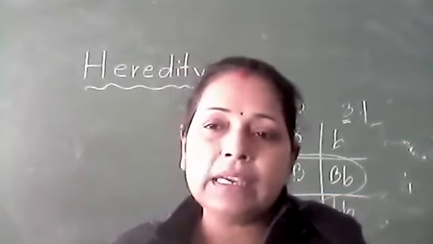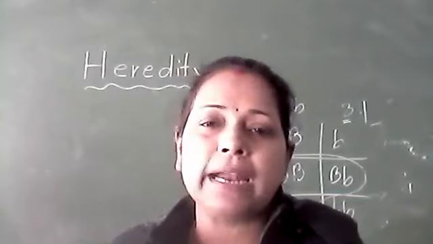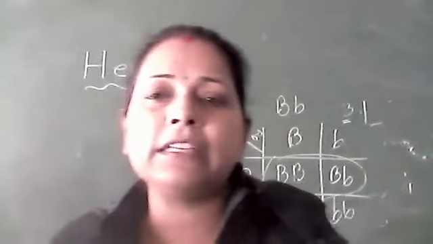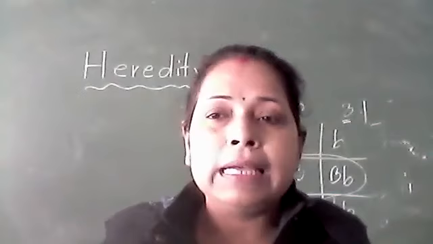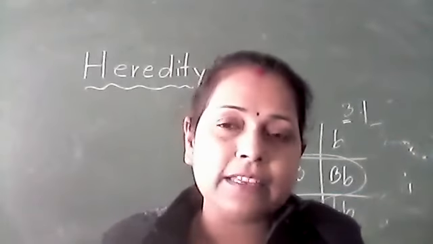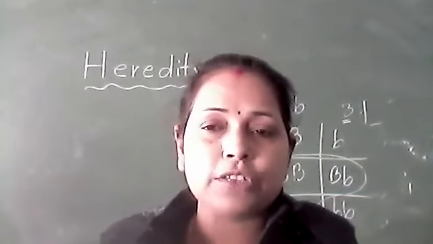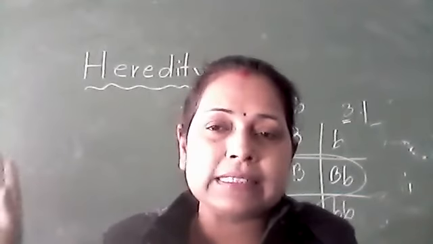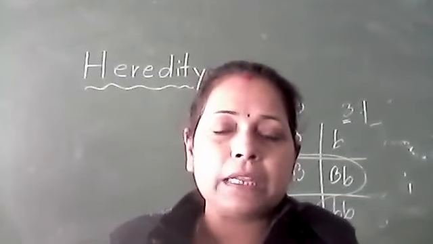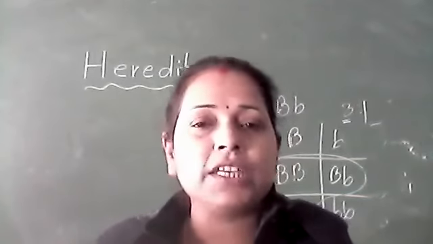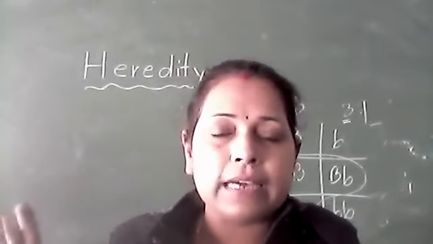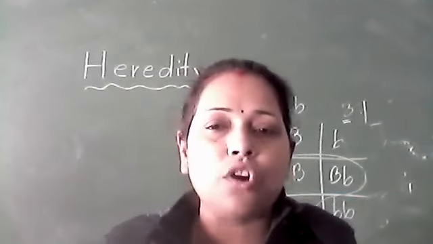Okay, when he allowed the first generation plants to self-pollinate, in the next generation he obtained the ratio of 3:1, that is the phenotypic ratio, and in the second generation the genetic composition will be 1:2:1, that is the genotypic ratio. So by his experiment, in the first generation he got all tall plants, and he concluded that the characteristic of tallness is dominant.